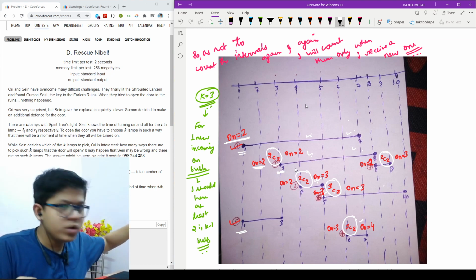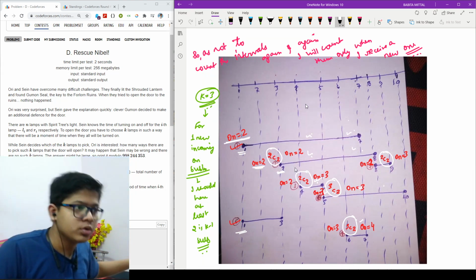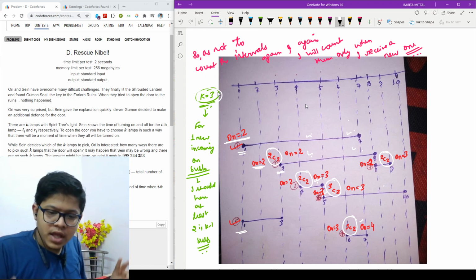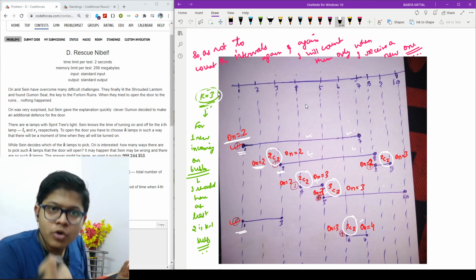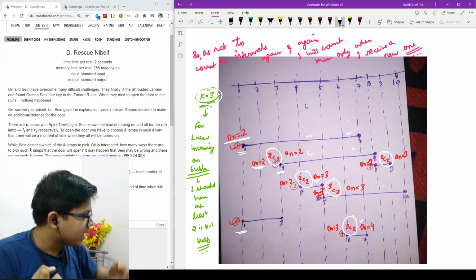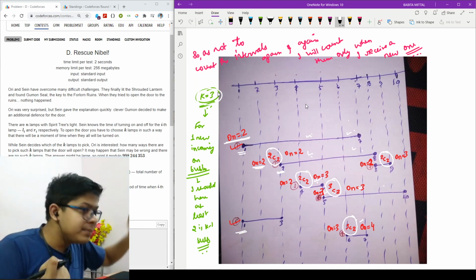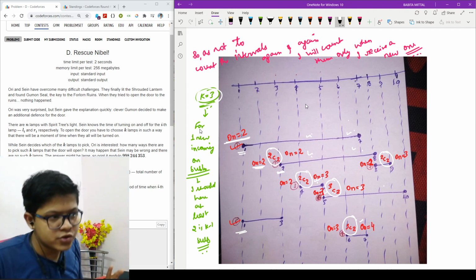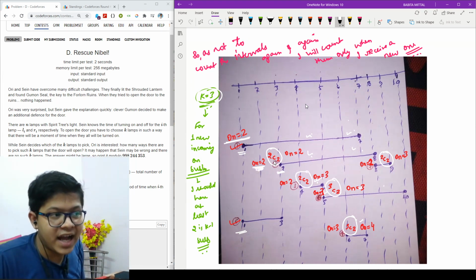Out of the 2 remaining, I need to choose 2, because my k was 3. So if I am arriving at a new on bulb state, what I need from the previous ones is k minus 1, which is 2 on bulb states. So out of those 2 on bulb states, I will choose 2 on bulb states.